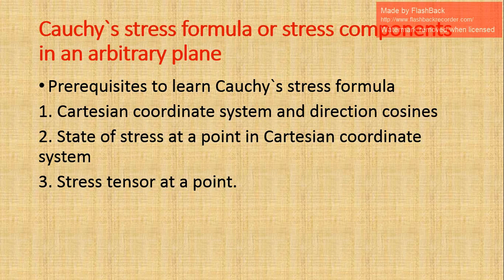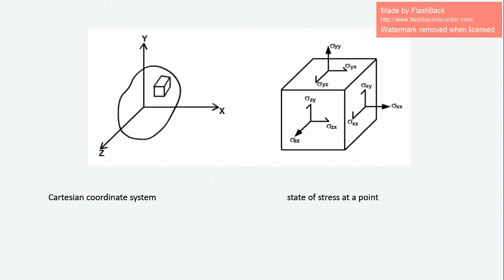Prerequisites to learn Cauchy stress formula are: 1. Cartesian coordinate system and direction cosines, 2. State of stress at a point in Cartesian coordinate system, and finally 3. Stress tensor at a point. We all know what is Cartesian coordinate system, x, y and z axis systems. Then state of stress at a point is defined by